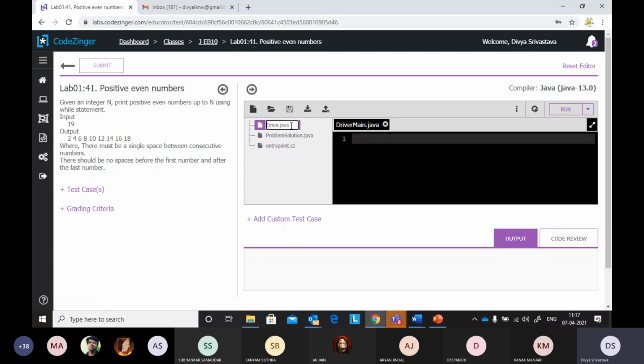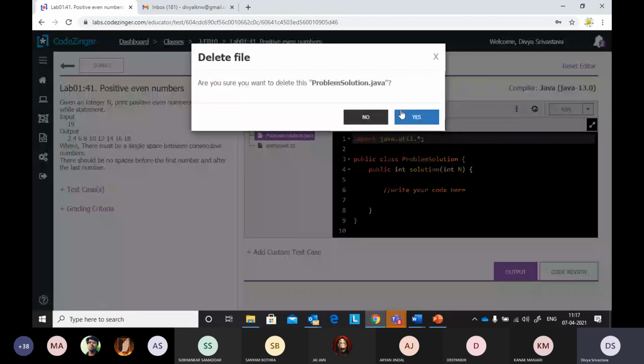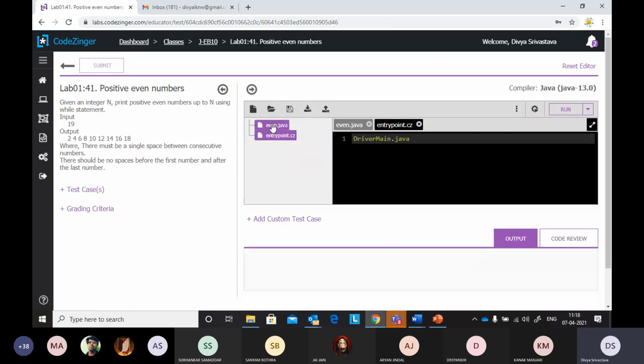So I am naming my file as even. Whatever class name you give, you have to save your file with that name only, and there should be only one Java file.